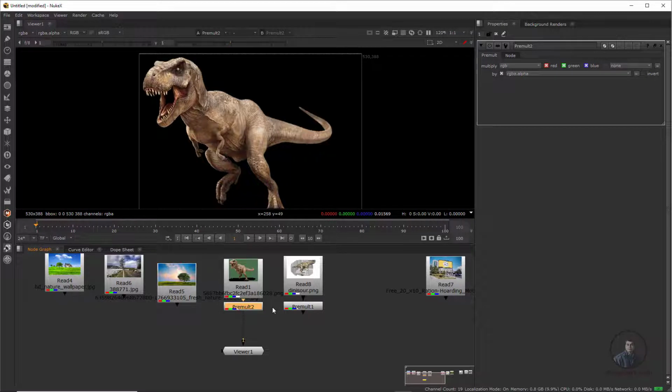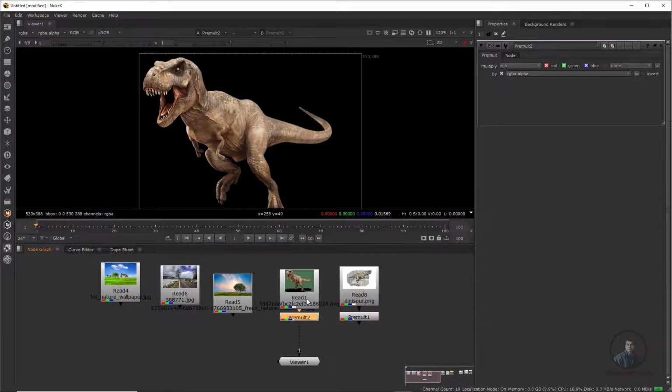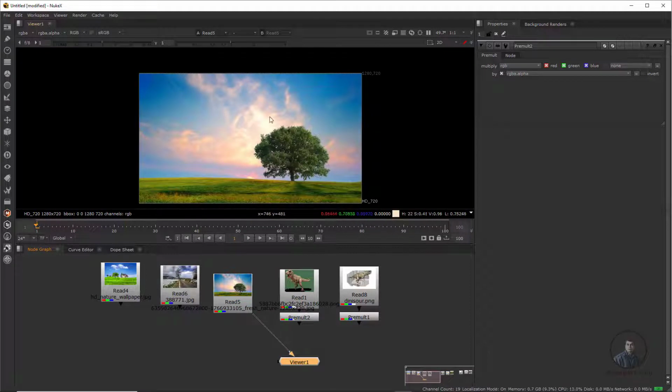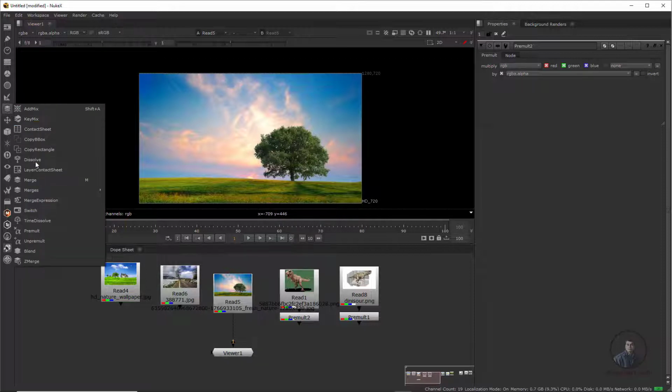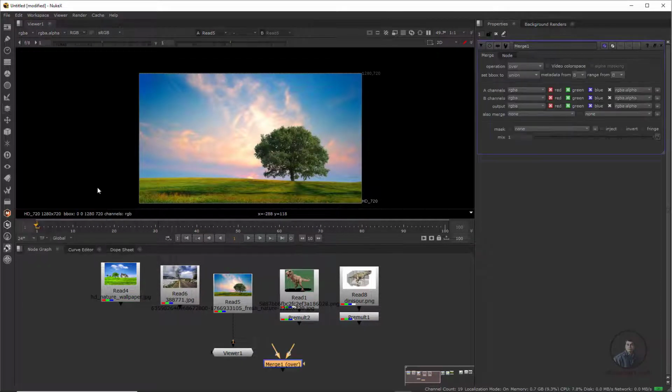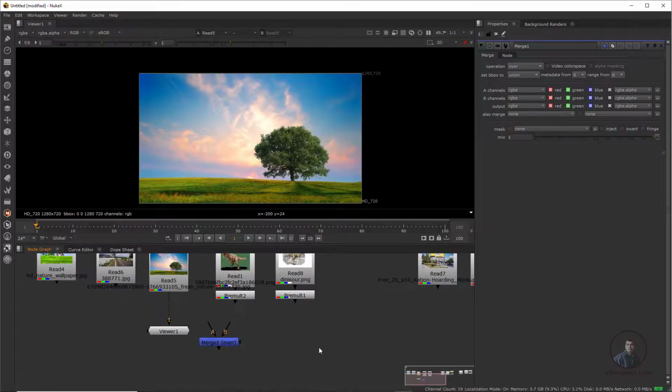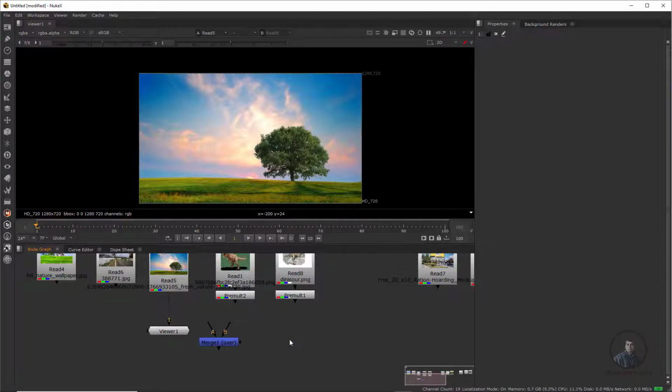Now I am going to start compositing here. We have to composite this object onto our background, so for this we need a merge node. In the merge tab, click on the merge node, shortcut M. You can also press Tab in the node graph and type merge here. If you press M, it will automatically add a merge node inside the node graph. Whatever procedure you like, simply add your node. Now delete these extra 2 merge nodes.